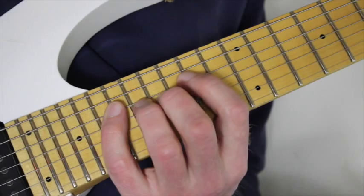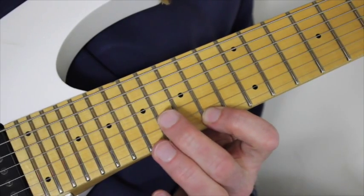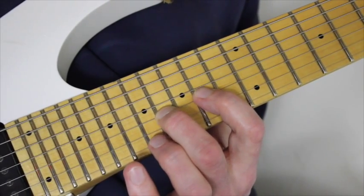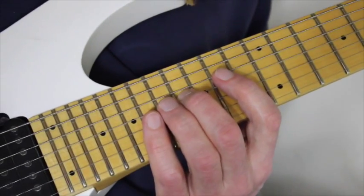So it's down, hammer on, down, down, hammer on, down, down, hammer on, pull off, and then an upstroke, and then pulling off here once I get into the G string, pulling off from 16 to 14 again, and then going into the D string with my long finger again. A lot of long finger action in this one,